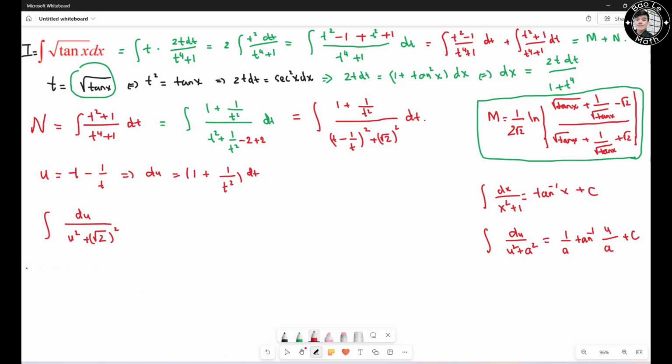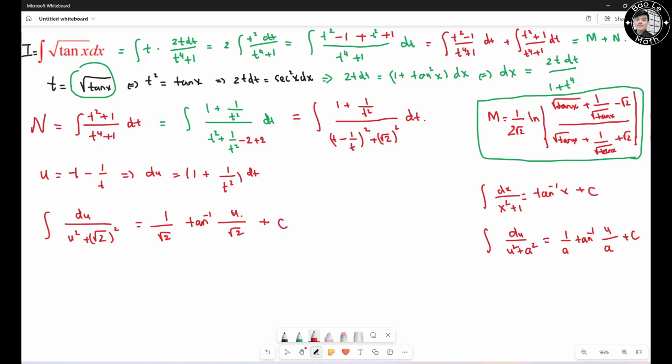So this guy turns out to be 1 over root 2 tangent inverse of u over root 2